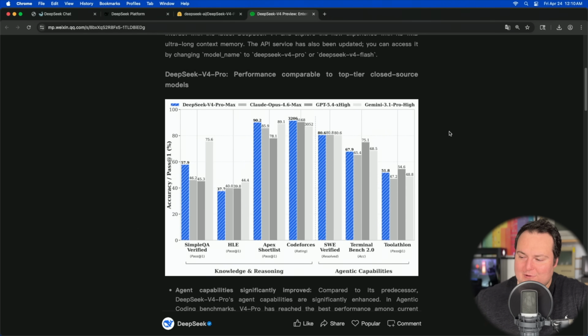Now, I personally never pay too much mind to the benchmarks because I just like to test the models and see how they perform, but we see here that this is being compared to the older version of Opus, which is 4.6, we're now on 4.7, and the older version of GPT, which is 5.4, we're now on 5.5. But I can't excuse this one in specific, being that this did just come out like 12 hours ago,